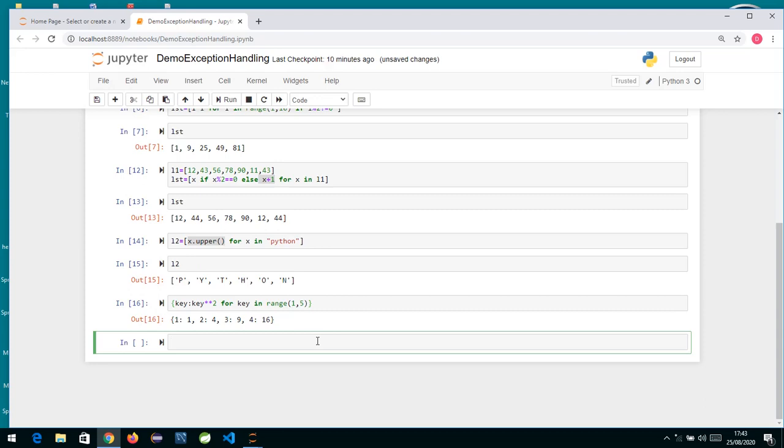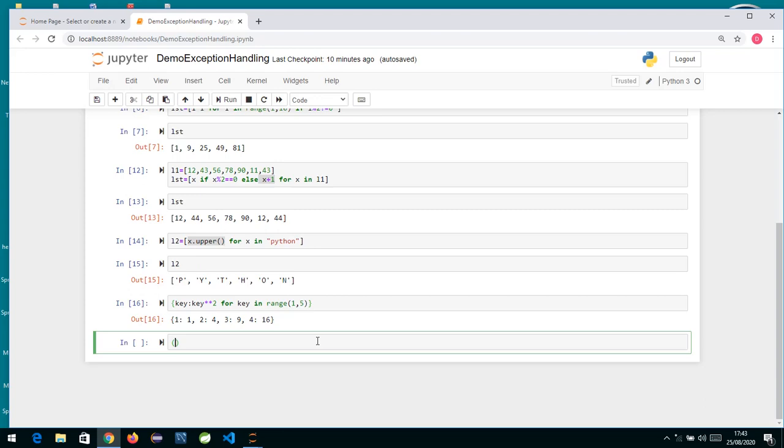Okay, so what we are talking about is list comprehension. Comprehension is another way of creating a list or a dictionary. You can also have it for a tuple. Similarly, suppose I want to create a tuple using comprehension, so definitely we can have round brackets over here, and we can write